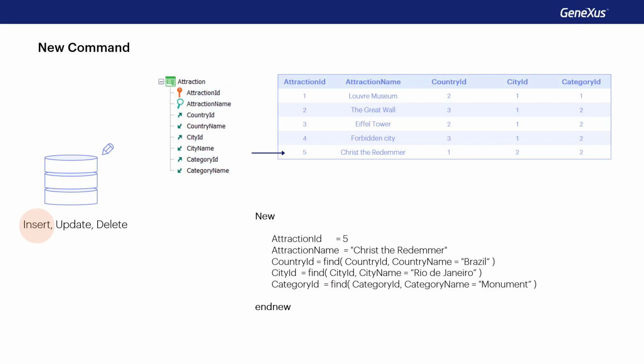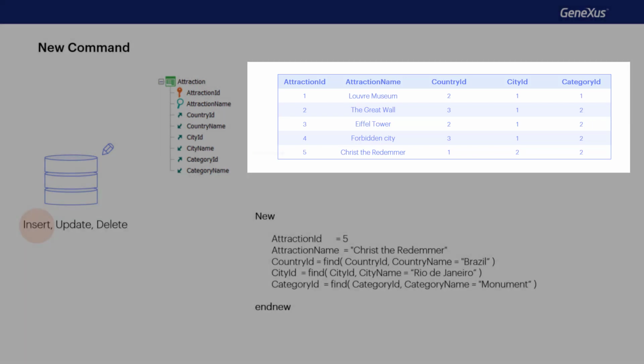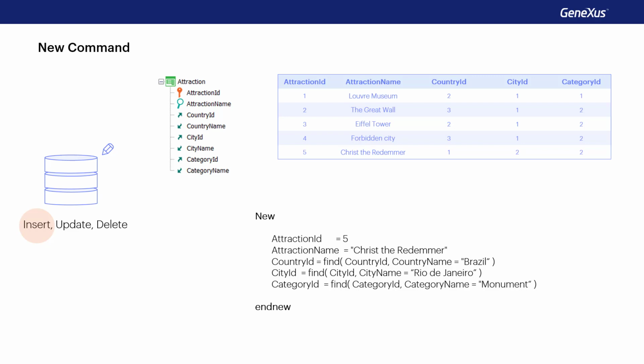Here we'll be working directly with the table, completely detached from the transaction that creates it. That is, the rules of the transaction don't matter, and neither do the events, nor anything else. The new command is completely indifferent to the transaction. The only thing it pays attention to is the composition of the database table into which it'll try to insert a record. So here, the inferred attributes or transaction formulas are not involved at all. They don't exist for the new command. The only ones that matter are the table attributes. For this reason, in this case, we've assigned a value to all of them.